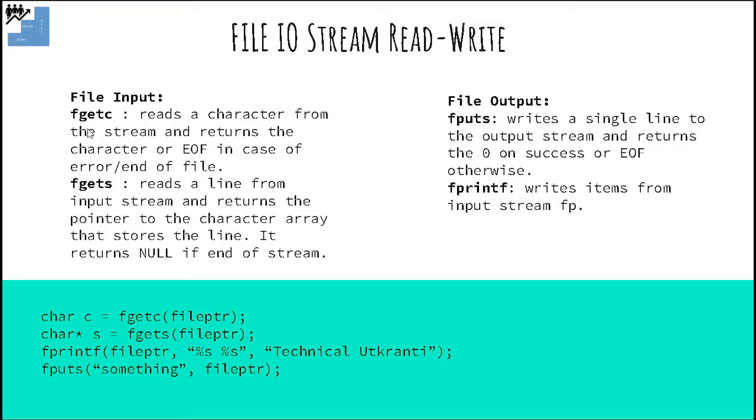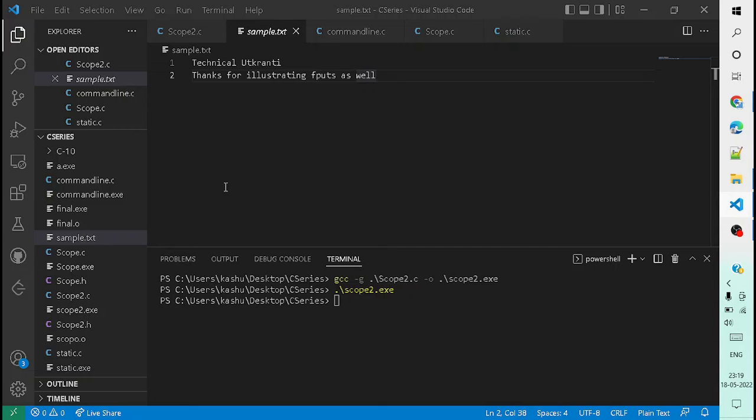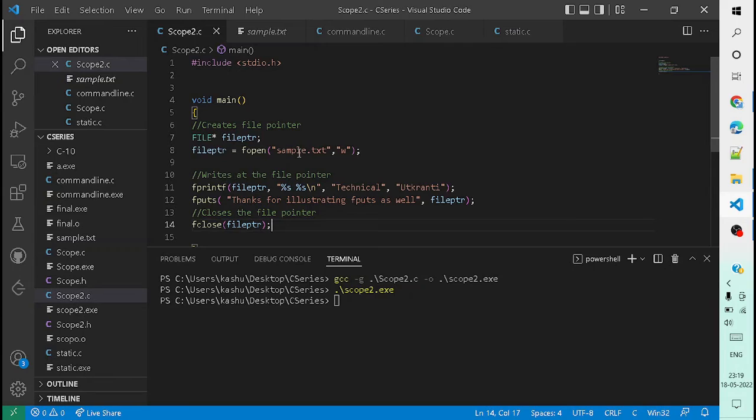To read something from the file stream or file, we have these instructions, and I suggest you try it out for yourself. Just over here, the format over here we had w, which means we are writing to the file. You can use r if you want to read from the file. Moving ahead,